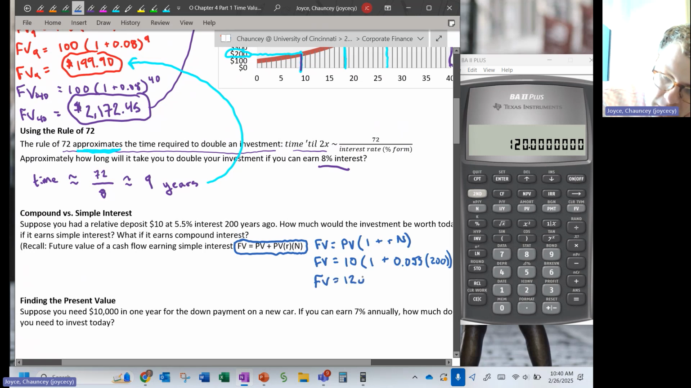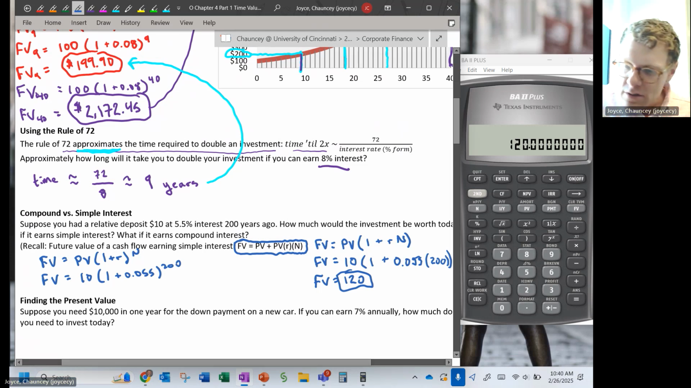I always double check that one because it's surprisingly low every time I do it, because I'm so used to doing compound interest. So let's look at compound interest. Your future value is your present value times 1 plus R to the power of N. So your future value here is the $10. This is really going to make you wish you had this relative, times 1 plus 0.055 to the power of